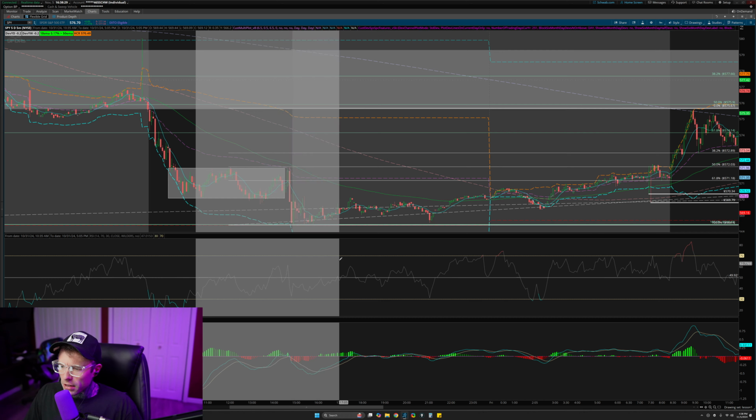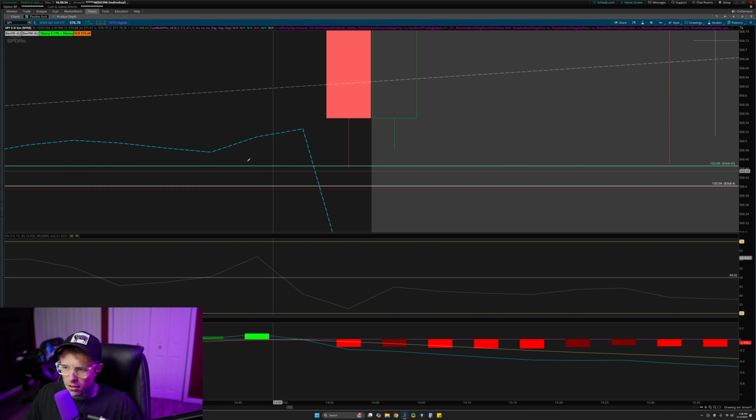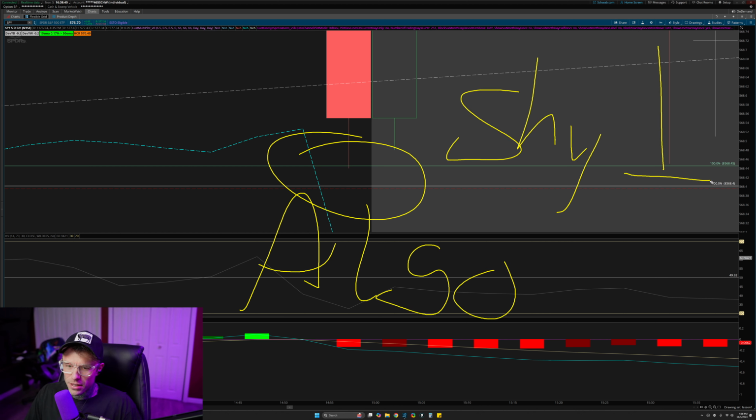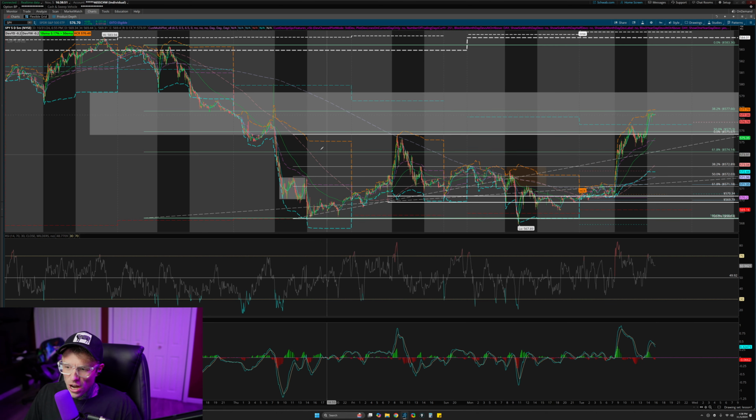Well, the last time we were down here at that 50 SMA, what happened? Zoom in real close for this. You missed it. This is a shy. That means the algo has not completed the circuit, right? No completion, blown fuse, okay? Not going to get through. So no connection to the 50 SMA, which means the back test of the 50 was shied, right?